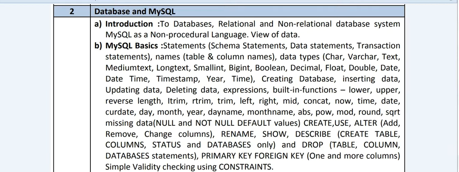Then we will continue in detail with MySQL basic statements, like what is meant by the schema statement, data statements, transaction statements, names based on table and column names, and data types available like char, varchar, text, medium text, long text, small integer, boolean, decimal, float, double, date and time, timestamp, year, time. Then creating database, inserting data, updating data, deleting data, expressions, and built-in functions such as lower, upper, reverse, length, trim, left, right, mid, concat, now, time, date, current date, day, month, year, day name, month name, ABS, MOD function,